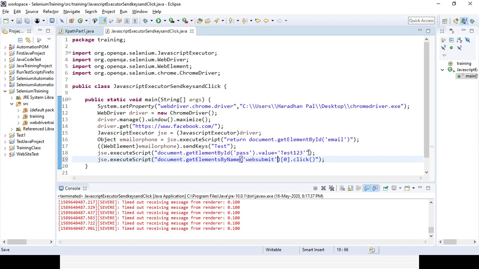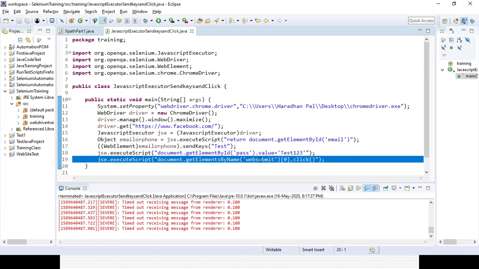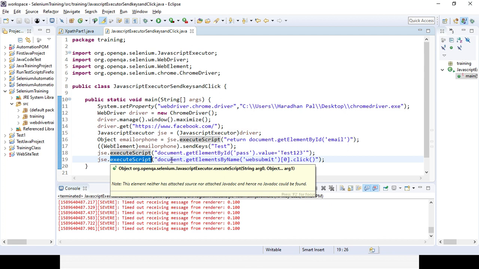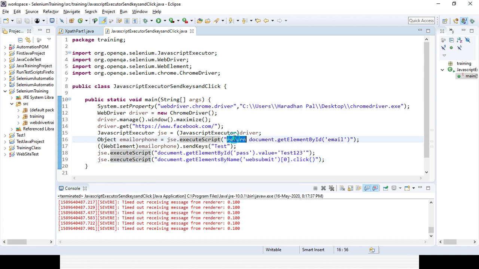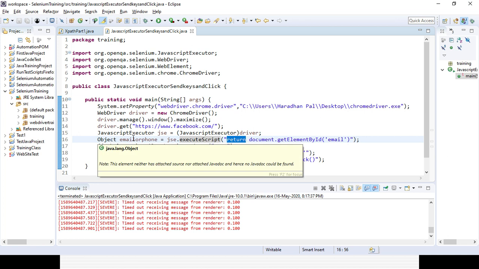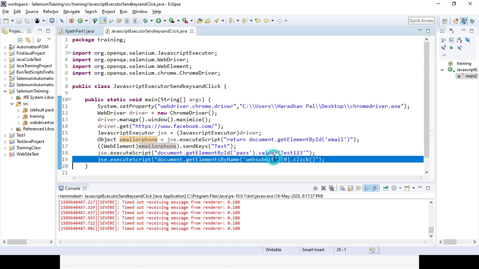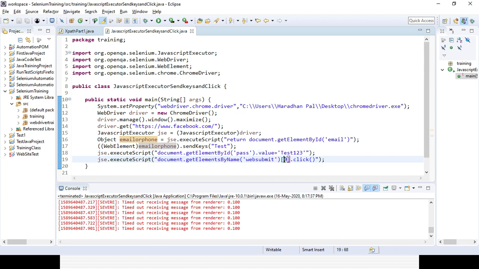That is how we can identify an element, which is supposed to be a button, so obviously we need to click it. With the help of the JavaScript executor object reference, I am using executeScript, and as we are directly clicking it, there is no need to return anything. Earlier we were returning the object, that is the reason we used return. But for other things, where we directly enter the value or directly click on the button, we do not. So document.getElementsByName, we provide the element name, and this should definitely be the first element, so we provide the reference 0 and the click operation.